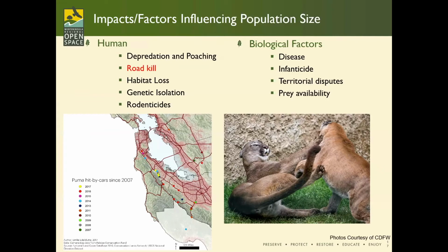So let's look at some other factors that influence the population size of mountain lions, which we've broken down here into human factors and biological factors. One is depredation and poaching. So depredation is the lethal removal of a predator through a permit in response to loss of domestic pet or livestock. And poaching is illegally hunting a predator, like a mountain lion. Roadkill is a very significant issue in our region. Habitat loss, genetic isolation from fragmentation of habitat, from urban expansion and the construction of roads and highways,